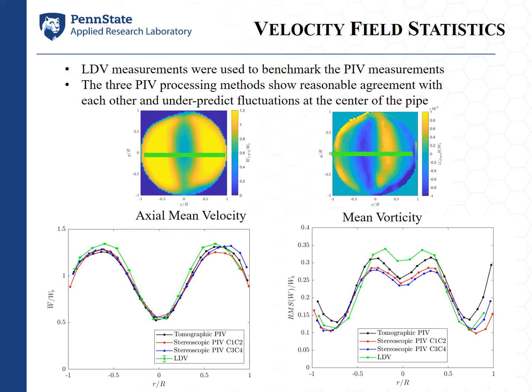In the bottom plots, on the bottom left, I have the mean axial velocity normalized by the bulk velocity for the tomographic PIV in black and the two stereo setups in red and blue. And then overlaid on top of that is the LDV profile. And we can see that in the center of the pipe, that's denoted by r over R of 0, we perform quite well. We appear to match the LDV pretty accurately,